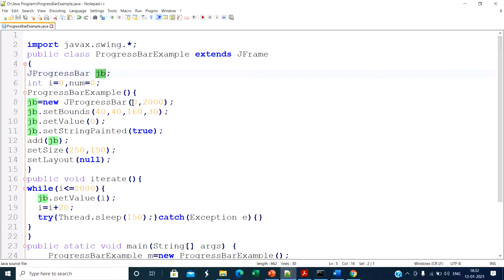When you copy any file, the progress bar is displayed in percentage, like 50% completed, 70% completed. That component is called a progress bar.